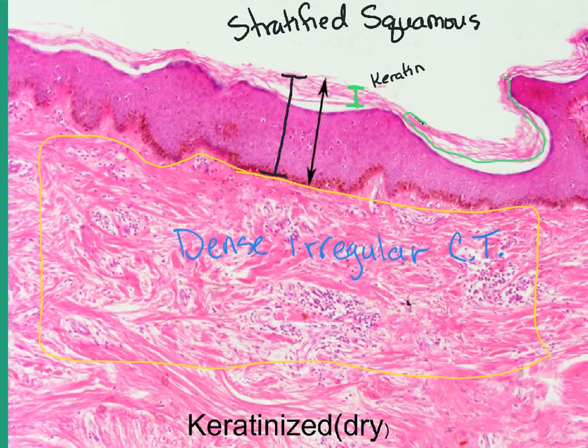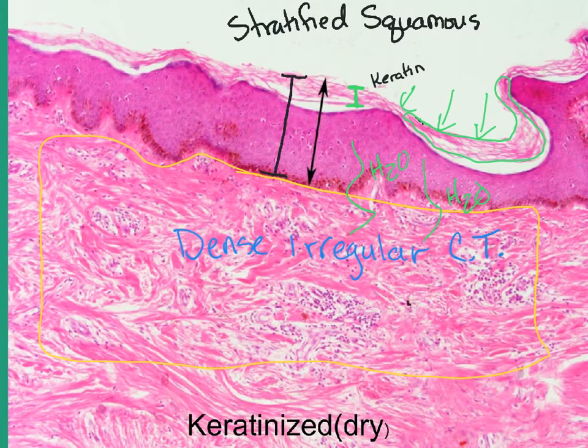So go ahead and look at some of your hair products, or go and look at your lotions, and you'll probably see on the front, or maybe in the back on the ingredients, keratin as an ingredient. Keratin is a waxy protein. So in order to moisturize your skin and prevent skin from leaking more water, which would come from the connective tissue down here, you put a waxy substance on the surface,